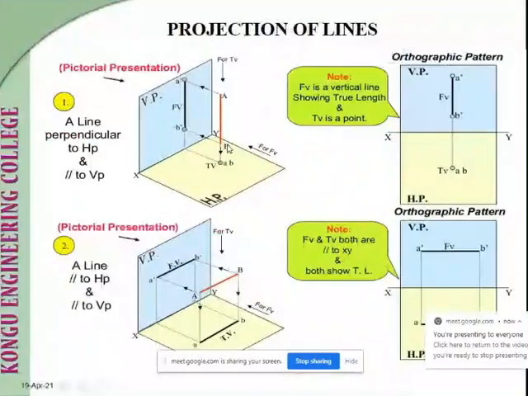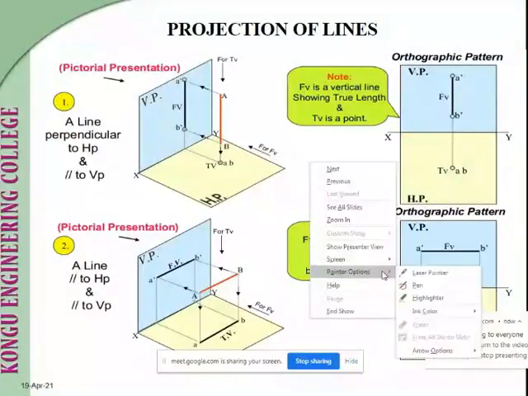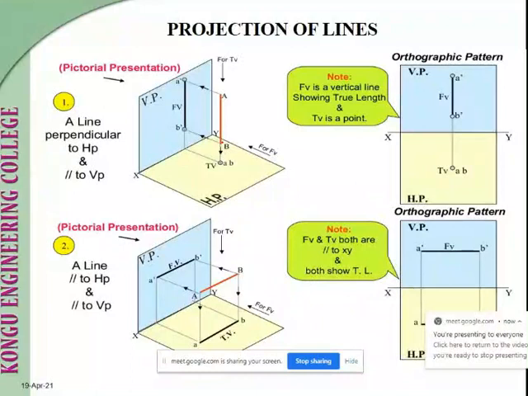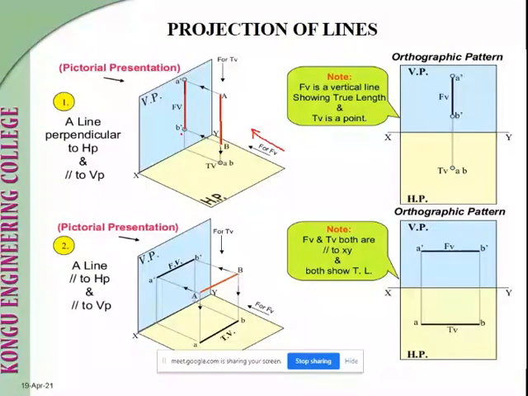Okay. So that is what I mentioned here. It is perpendicular to HP and also parallel to VP. So this is our observer position. So from here we are going to see this line. So the reflection of this line will be available in vertical plane. So this is our front view. Since it is a front view, we have to mark it as A dash and B dash.